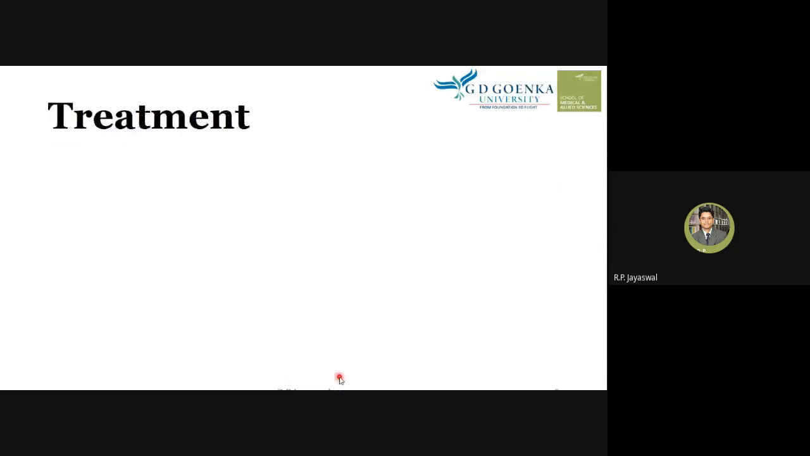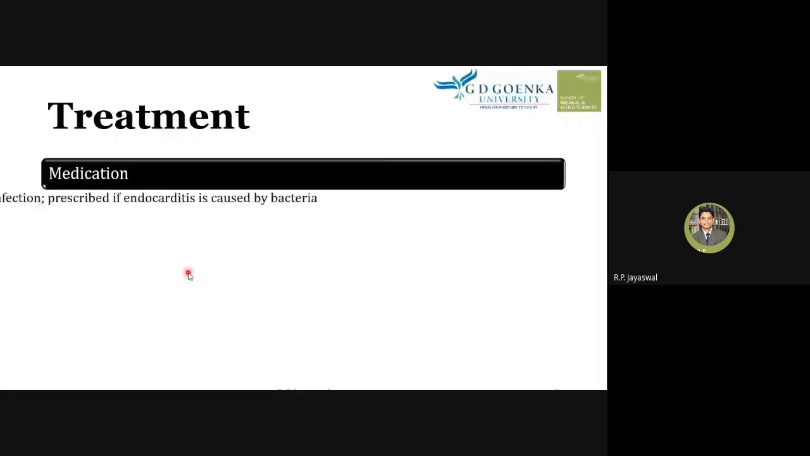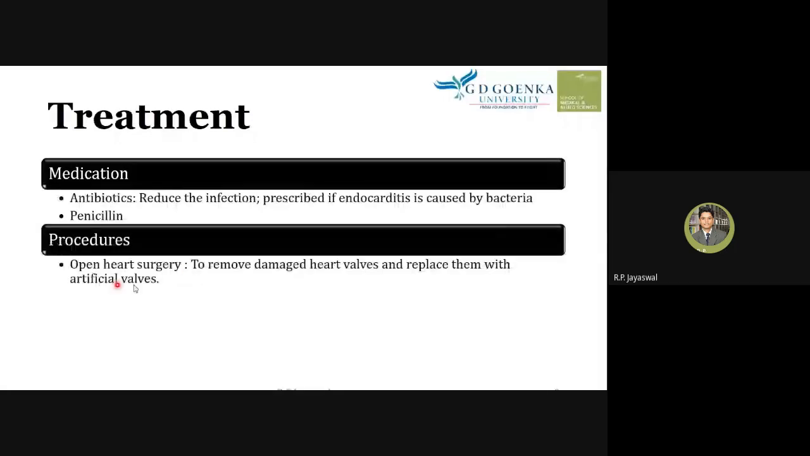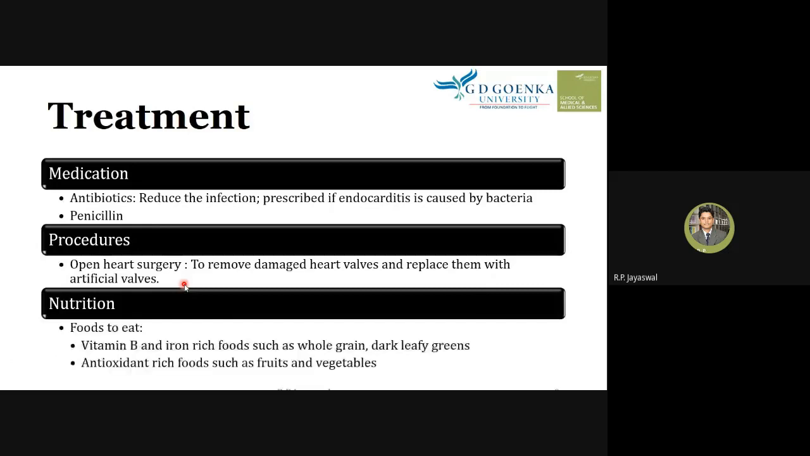Treatment is done through nutrition, medication, and procedures like open heart surgery. In medication, we can take antibiotics to reduce infection, and these days instead of open heart surgery, we can also go for minimally invasive procedures so that the affected heart valves can be replaced. Nutrition is suggested: advise the patient to take food which is rich in